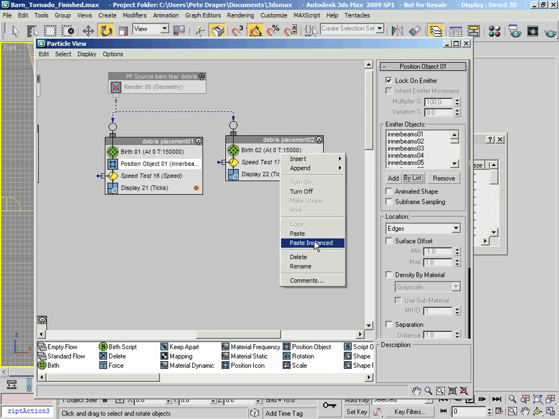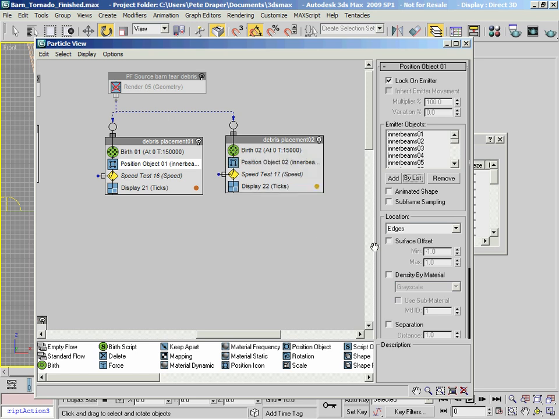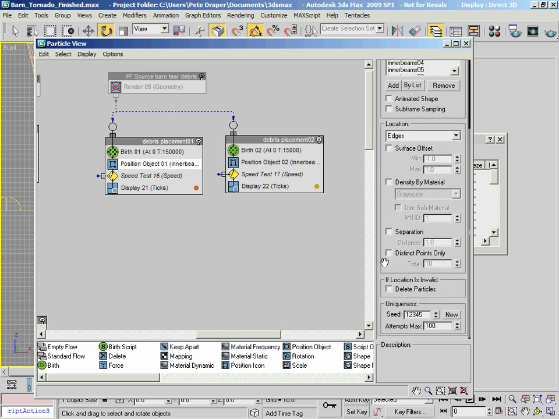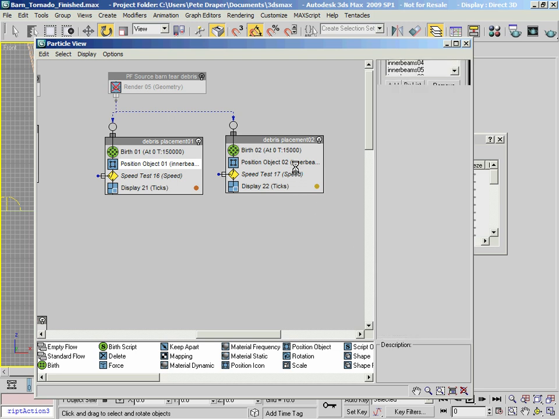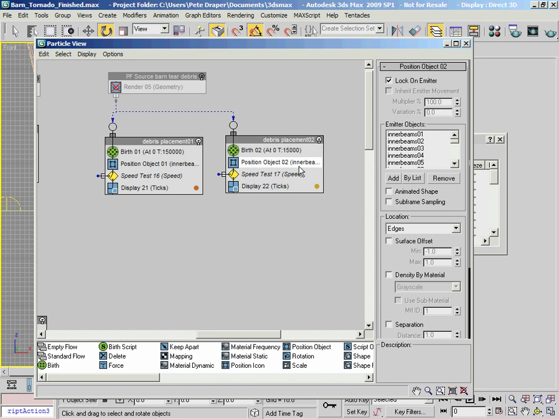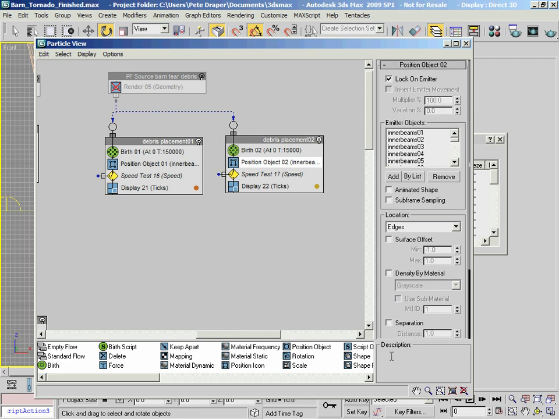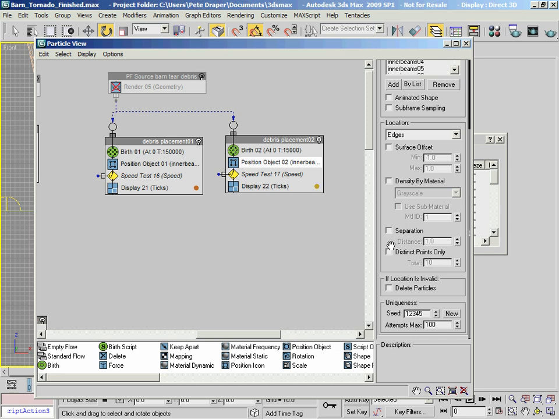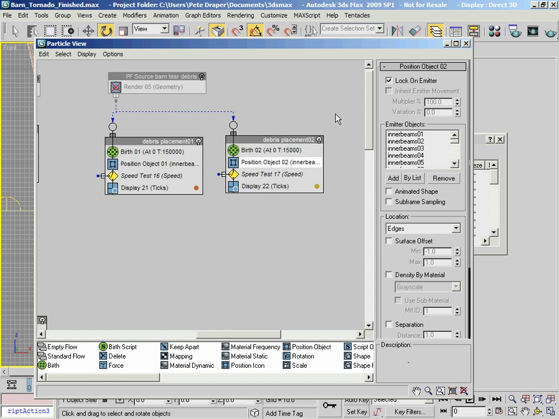Now I don't want to instance it, because I'm going to drop in a new seed value in this guy over here, so that the particles within this event and the next one that it's passed to are distributed with a different seed value, in different positions. So I'm going to click on that guy, that's dropped in a new seed value, so therefore the particles are going to be distributed in different positions. Okay, so that's that one pretty much set up.